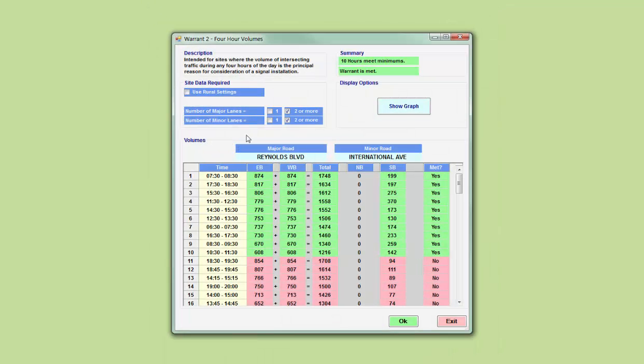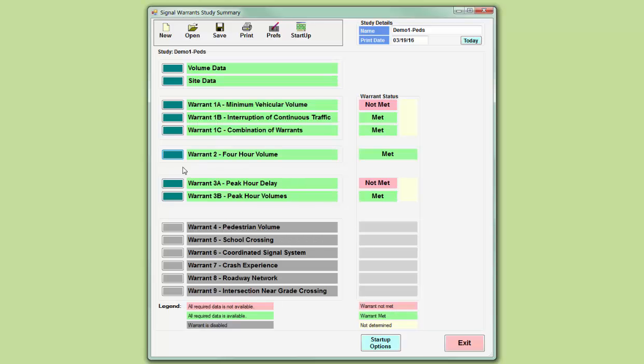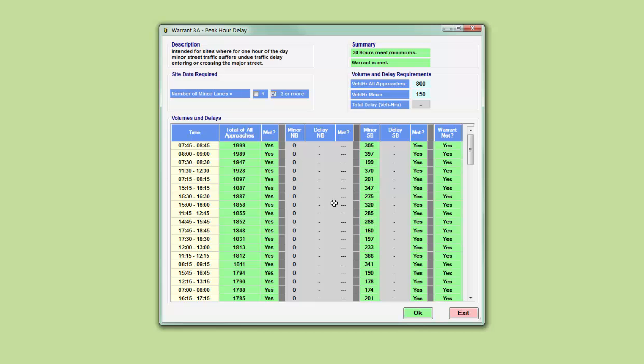Warrant 2 has a graph, so you can click on the button to see the graph and the points and get an idea of how this looks. You can see that quite a few of the points are above the line. They're in green. The ones that don't meet are in red. Peak hour delay, we don't have delay data, so it's very easy for the volume data to meet